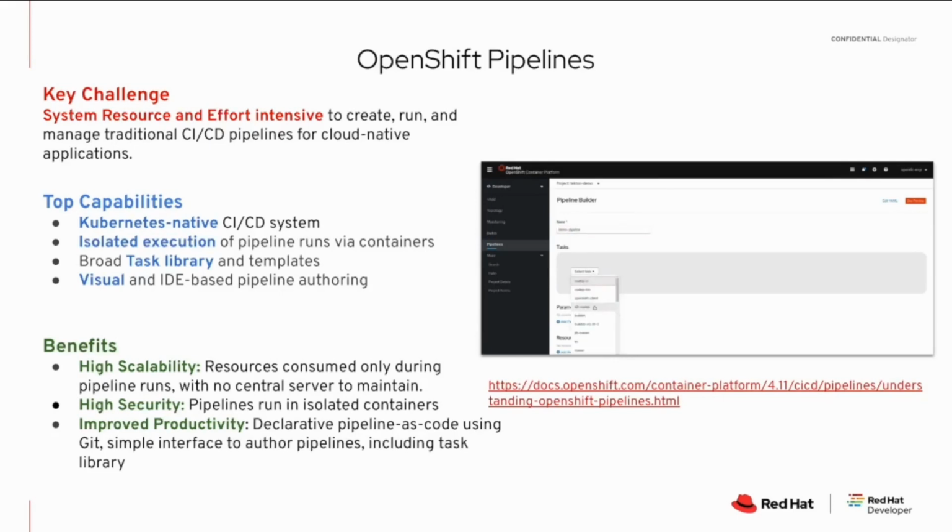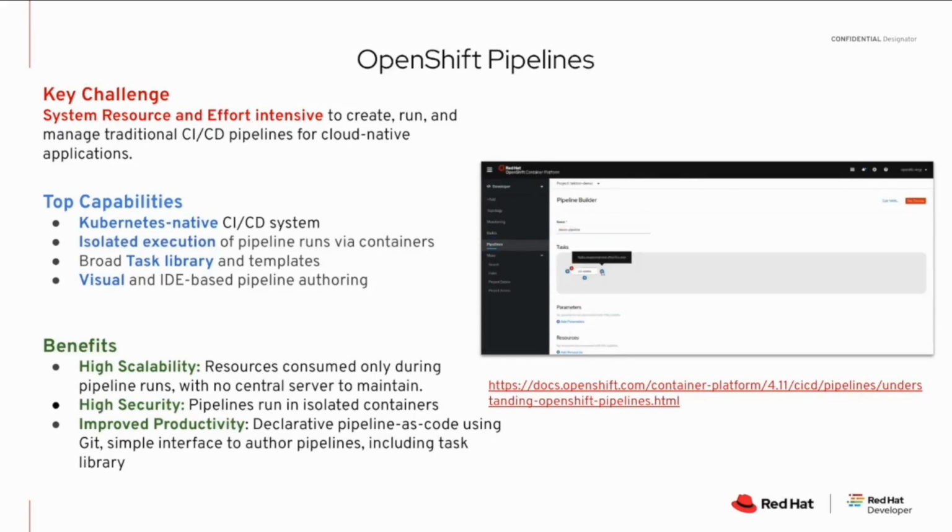It has a great task library called the Tekton Hub. We and partners constantly contribute to it, so you have a lot of templates available for you to stitch your pipelines together very quickly. And it comes with a visual interface, which is available to you in the OpenShift console and also in IDEs. So this way you can author, manage and troubleshoot your pipelines in a visual way rather than scanning through text-based log files.